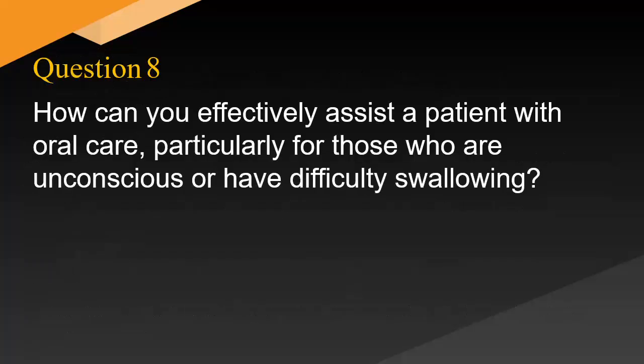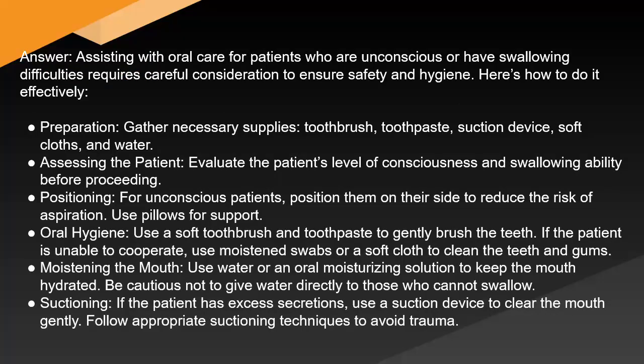How can you effectively assist a patient with oral care, particularly for those who are unconscious or have difficulty swallowing? Answer: assisting with oral care for patients who are unconscious or have swallowing difficulties requires careful consideration to ensure safety and hygiene. Here's how to do it effectively. Preparation. Gather necessary supplies: toothbrush, toothpaste, suction device, soft cloths, and water. Assessing the patient. Evaluate the patient's level of consciousness and swallowing ability before proceeding. Positioning. For unconscious patients, position them on their side to reduce the risk of aspiration. Use pillows for